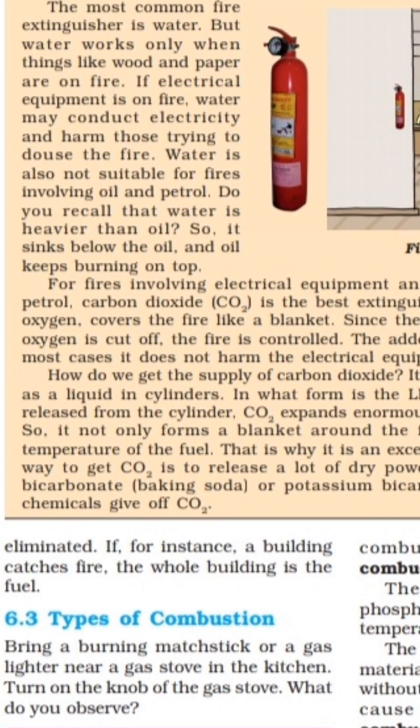Another way to get carbon dioxide is to release a lot of dry powder chemicals like sodium bicarbonate, which is called baking soda, or potassium bicarbonate near the fire, and these chemicals give off carbon dioxide, which cuts off the supply of oxygen, and we can control the